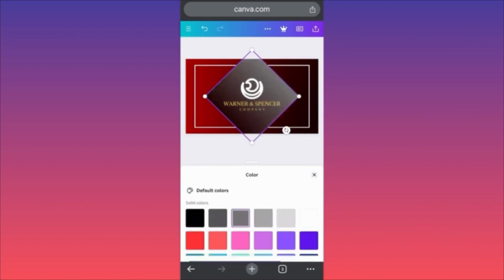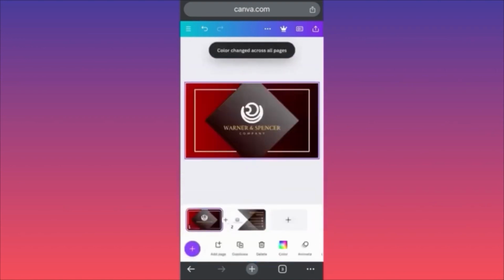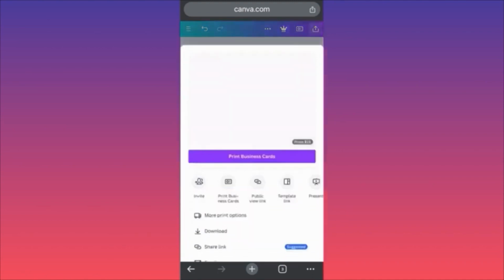So if you click change all, now we're having a very, very different design. So I hope you guys find this helpful. You can spend a lot of time here, playing with different fonts. When you're done, all you gotta do is to click on the upper right corner over here and then download